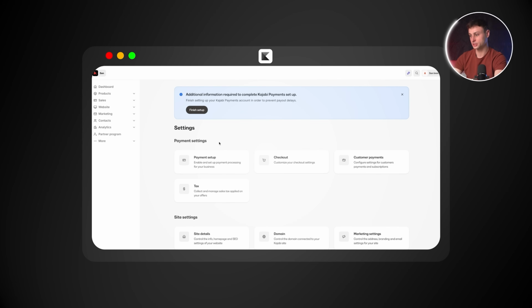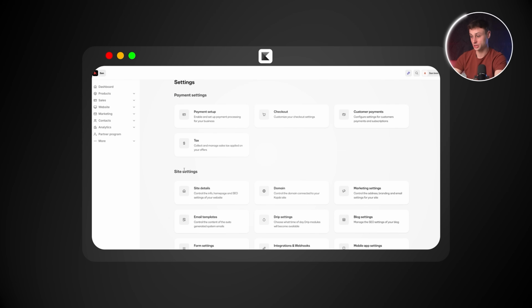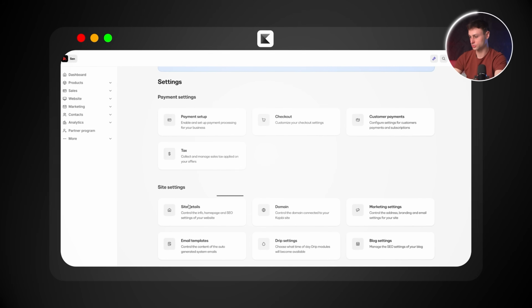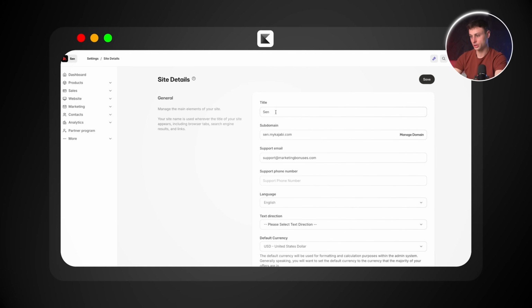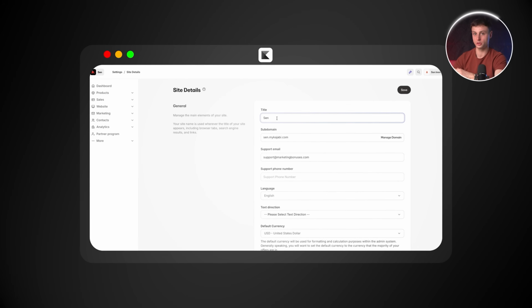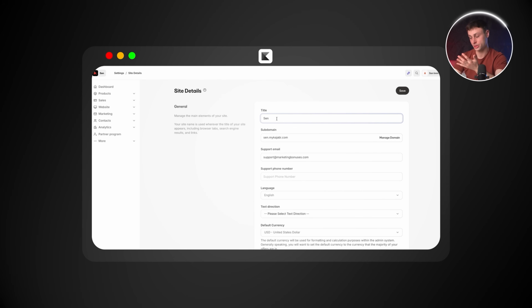Now the second step is to go over here to site settings, inside of settings, and then you want to go to site details. And then you can see right here, this is the title. So this can be your name or your company name or your brand name. It can be quite frankly whatever you want. And then right here, this is where you can have your subdomain. So you want to put in your name or your brand name. So then it'll be like your